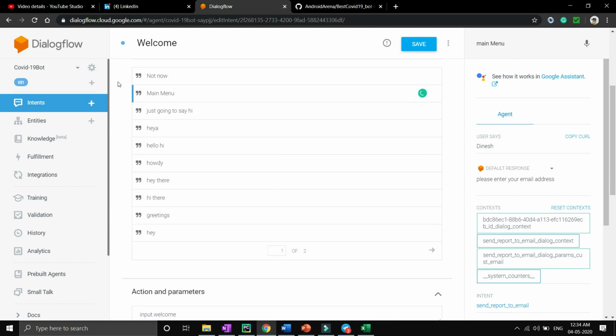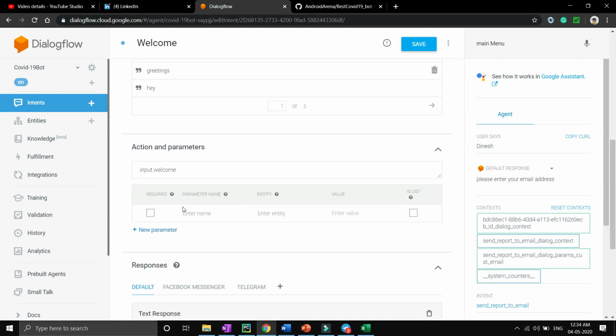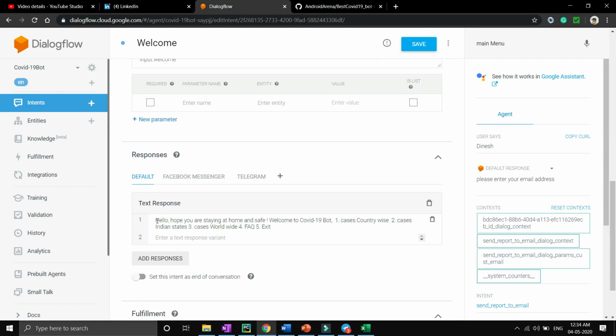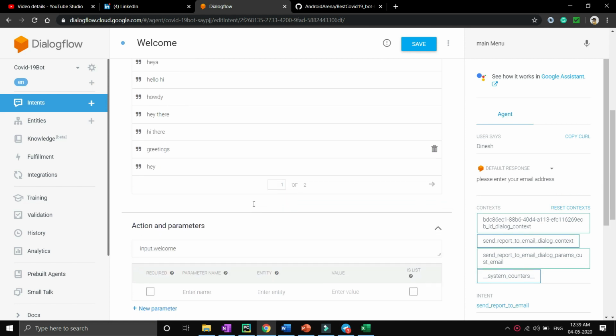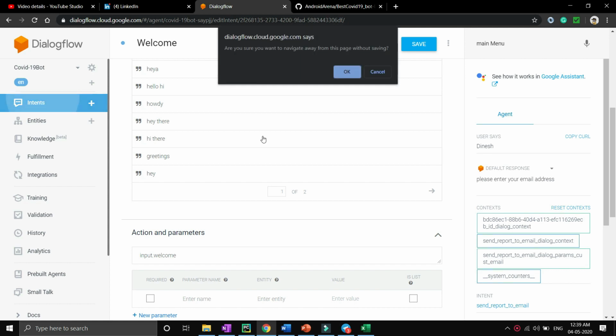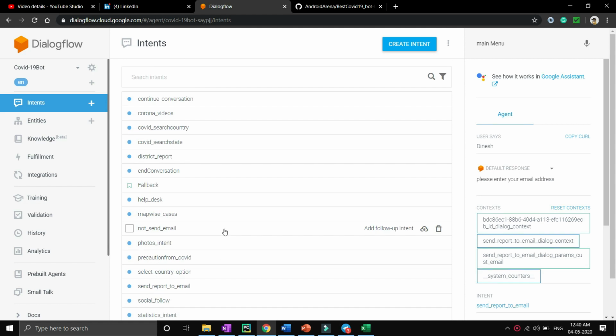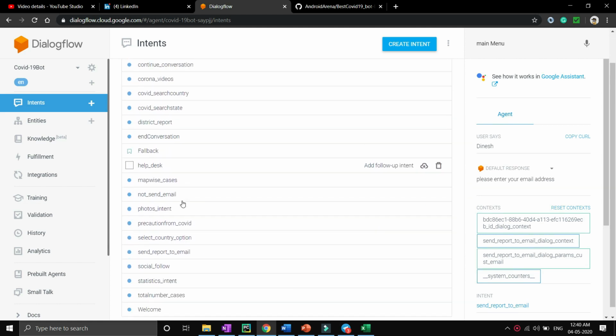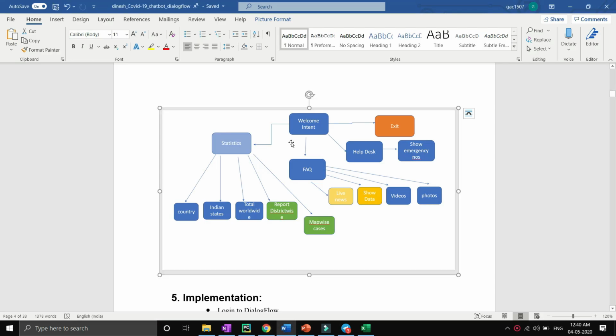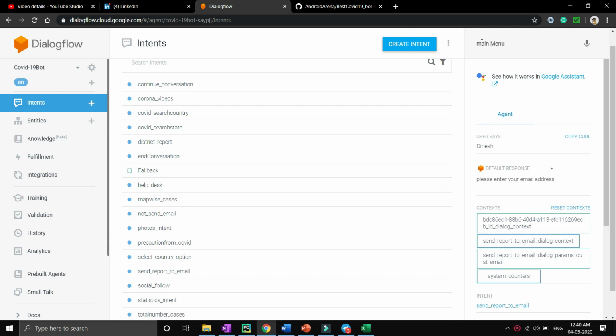So now the chatbot will look for the welcome intent, and the query string will match with the welcome intent, and it will look for the response. So again my chatbot will show this kind of menu to the user. You will see that there are a lot of intents I have created. After importing the zip file, you will be able to see that. If you are not able to see that, then you have to create them manually according to the document. Because all the intents work the same way. You just need to train the phrases and give the proper response.